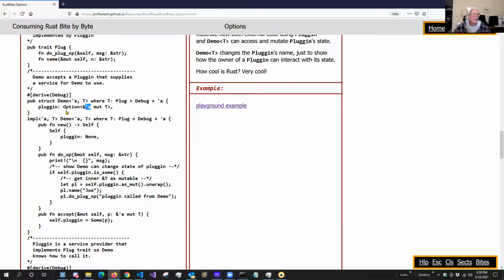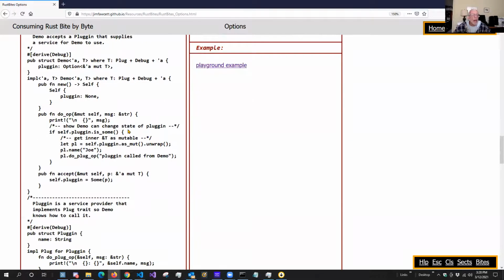This says this value of the option has to live at least as long as demo lives. Remember, I'm going to plug in something from outside. And I start out with none for the option. And now here's my accept function. Here's how somebody else plugs something into me. I say self.plugin = Some(p), where p is some